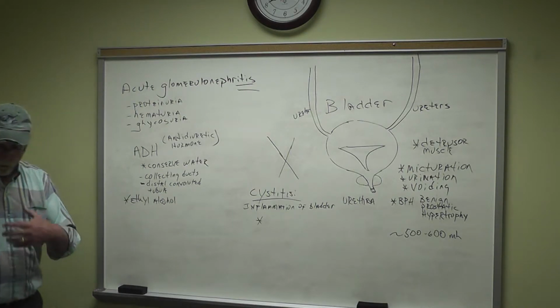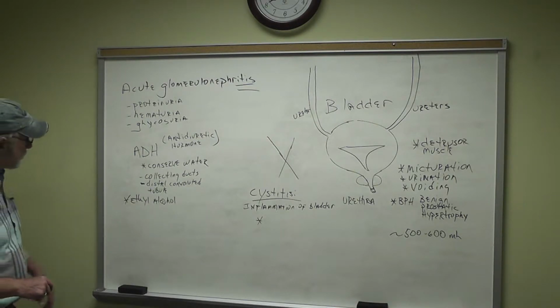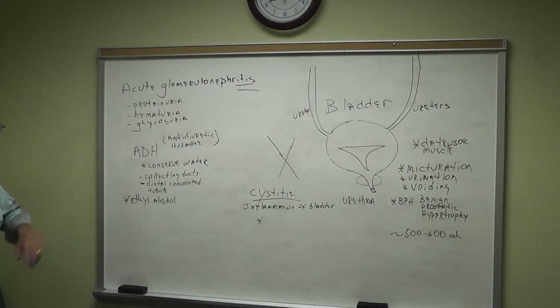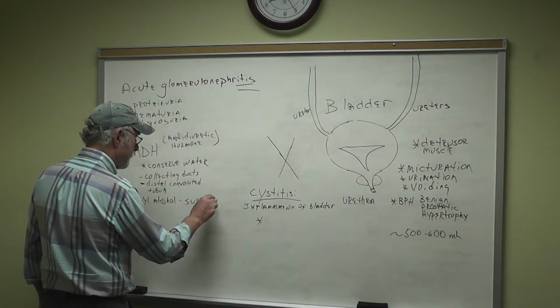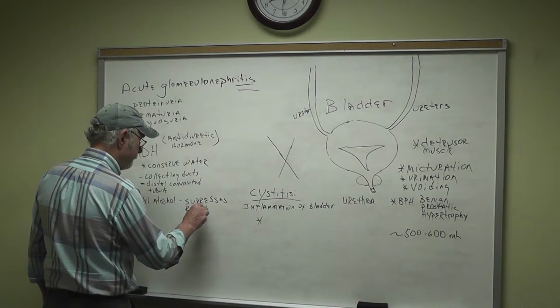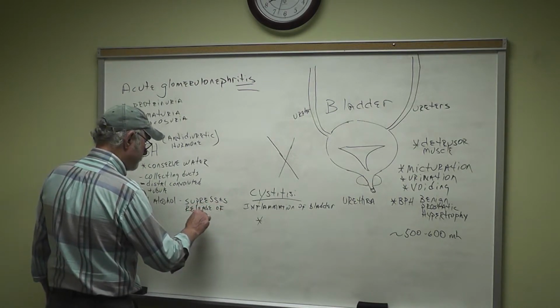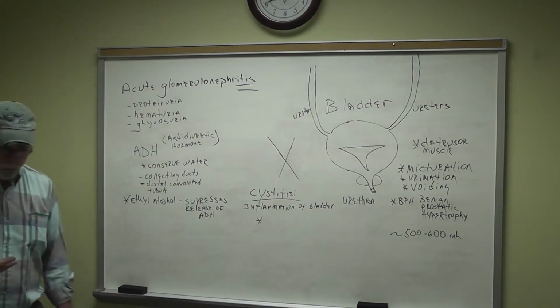And you'll notice if you go to a bar and you throw down 3 or 4 beers, after a while you have to get up and use the restroom. And then you have to keep going back and use the restroom, especially if you keep pounding down the beers. So alcohol suppresses the release of ADH. Okay, so then these collecting ducts and distal tubules are not conserving water,